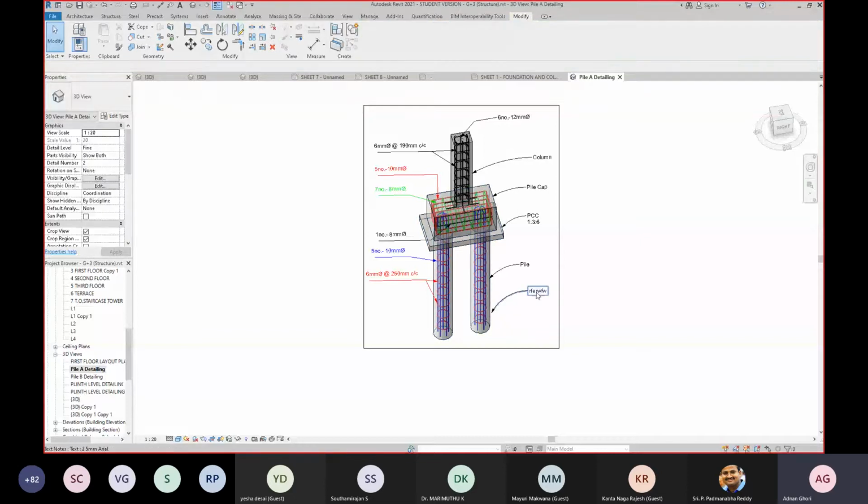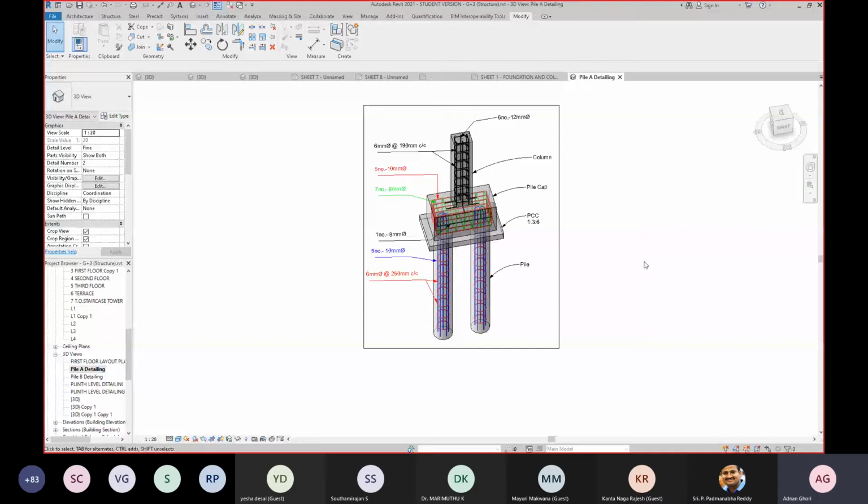So that's what is actually done in the 3D view. I won't change it, I'll just delete it. Go to a sheet again, and you can see the detailing over here. You can see the quality as well.